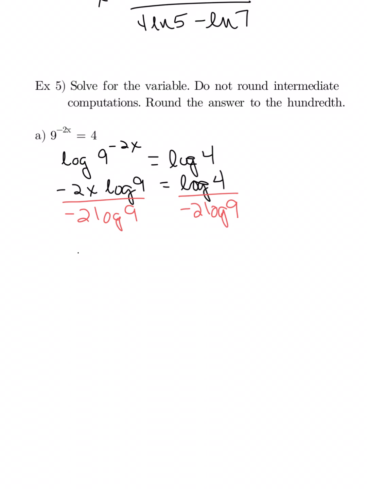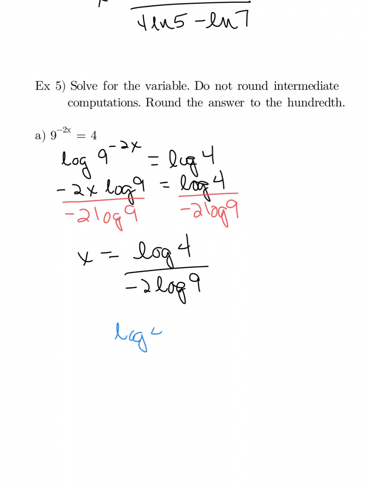So our x equals the log of 4 over negative 2 times the log of 9. This is the exact answer. To get the rounded answer, you're going to put that into your calculator. When you put it in your calculator, you're going to put this in as log of 4 divided by,